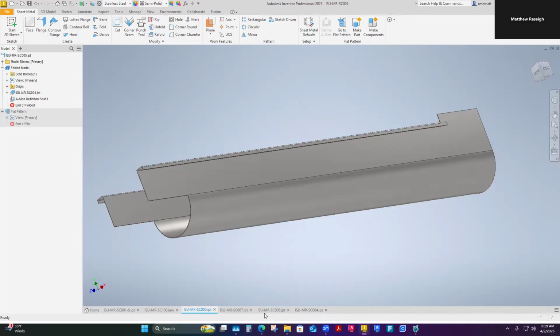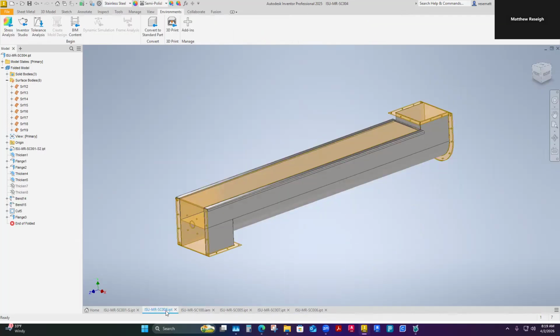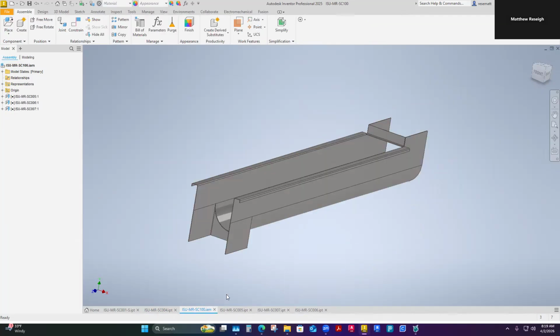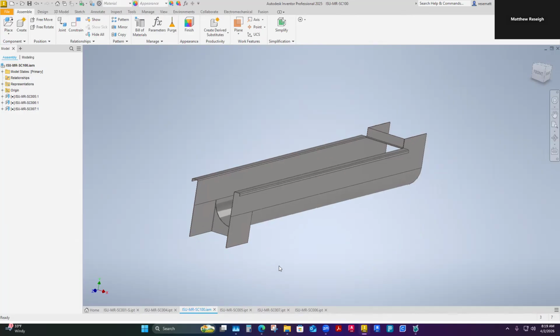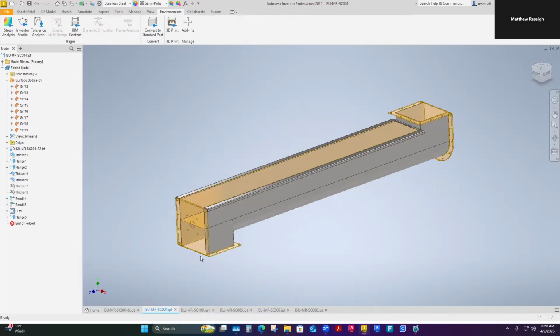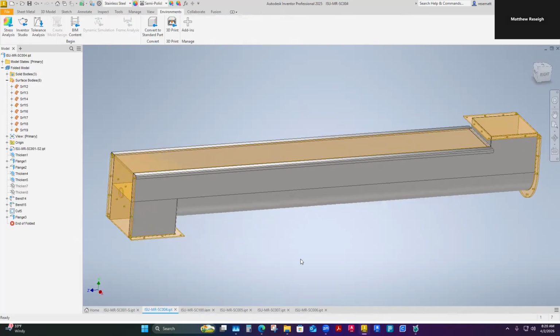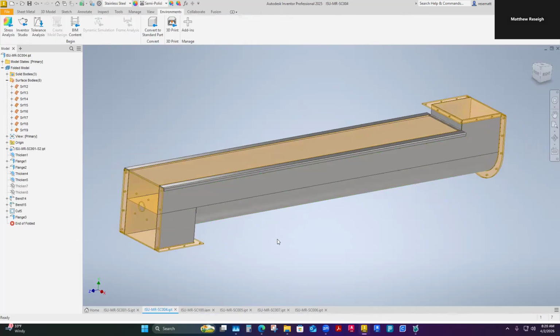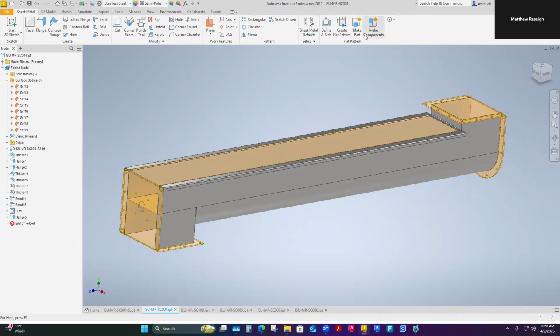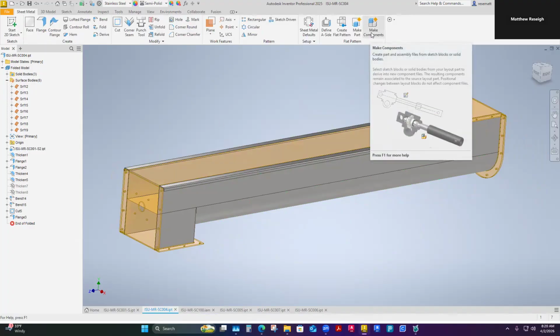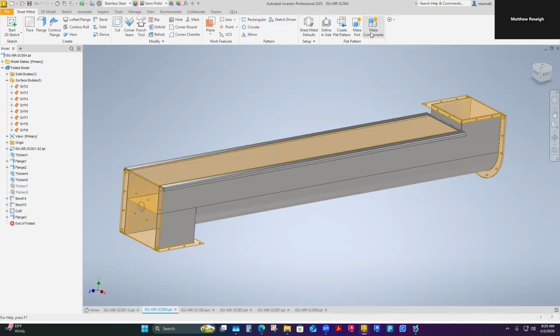So I just have these open. Oh yeah, well, it's like one of my videos yesterday. It goes on for a little while, but what it was is I came into here. It takes just a minute, but you come into here, and then on the sheet metal tab, there's a make components command here. And when you select make components,